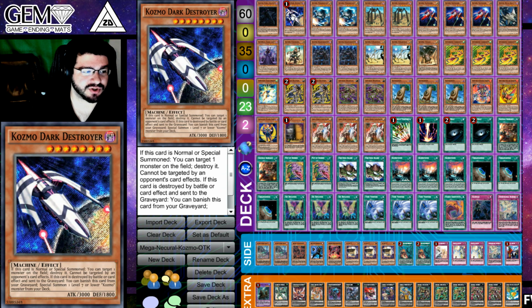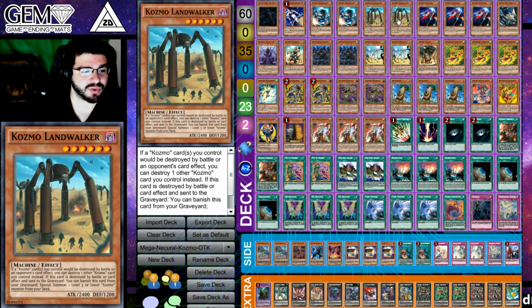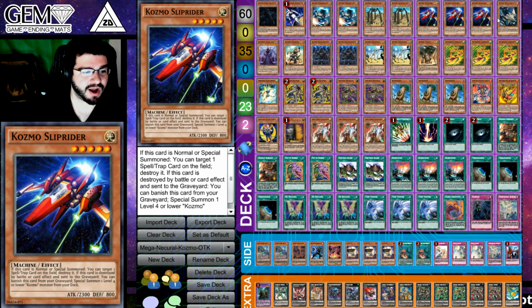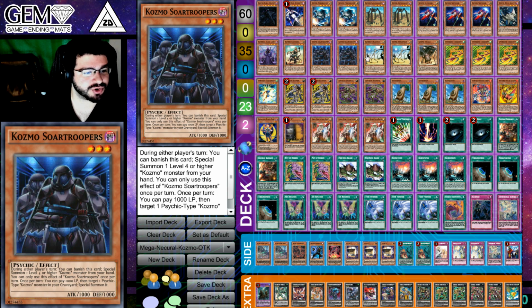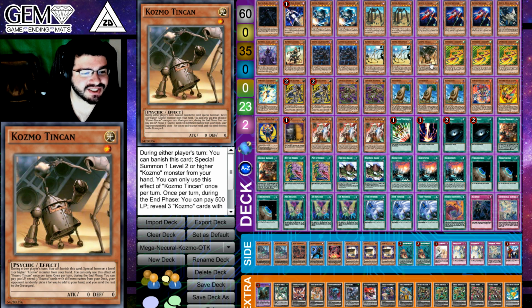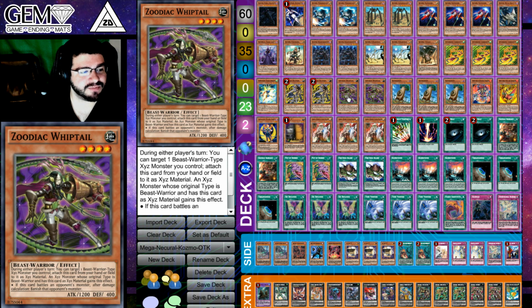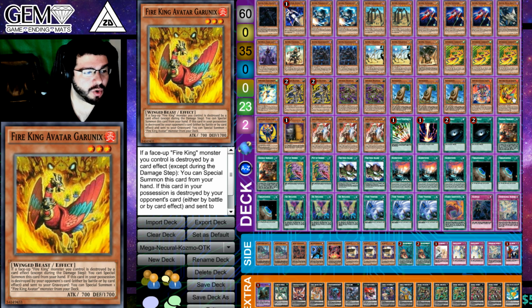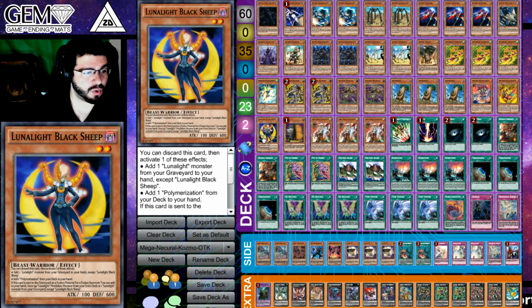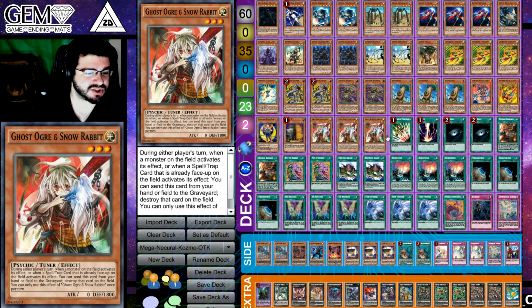1 Kozmo Dark Eclipser, 1 Kozmo Dark Destroyer, 2 copies of Kozmo Forerunner, 2 Kozmo Landwalker, 3 Kozmo Slip Rider, 1 Delta Shuttle, 1 Dark Lady, 1 Farm Girl, 2 Sword Troopers, 2 Strawmen, 1 Tin Can, 3 Terror Top, 1 Takum Tomborg, 2 Ratpier, 2 Whiptail, sorry for the hype, 3 Balbaboon, 1 copy of Fire King Avatar Yaksha, 1 Fire King Avatar Garunix, 1 copy of Lunalight Black Sheep, 1 Max C, 3 Ghost Ogre and Snow Rabbit,